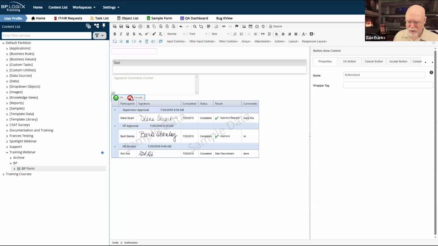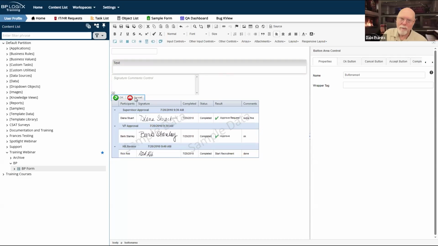This is just a convenience thing for your users and a quality of life issue where, especially if you have a long process and I have to approve this form, I've got all this data up at the top. I got to review that. And I'm the 30th person to look at it, which means I've got this huge routing slip. What I really am wanting to get to is that set of buttons right there.